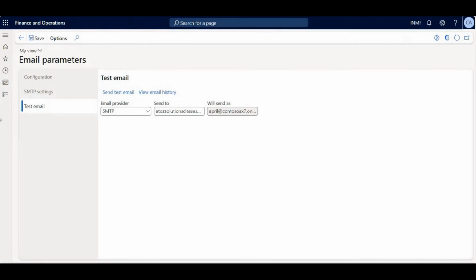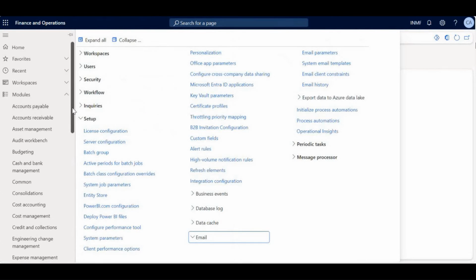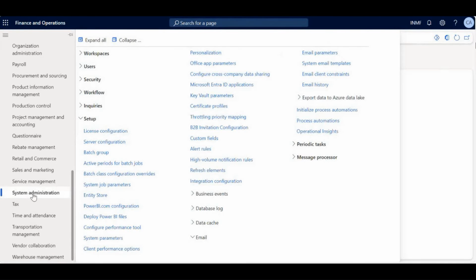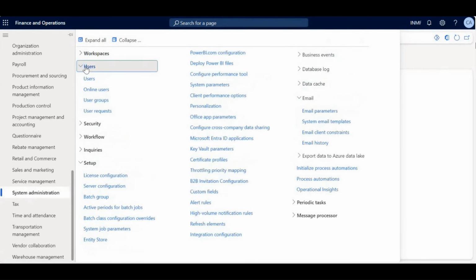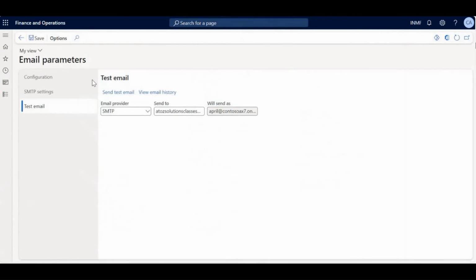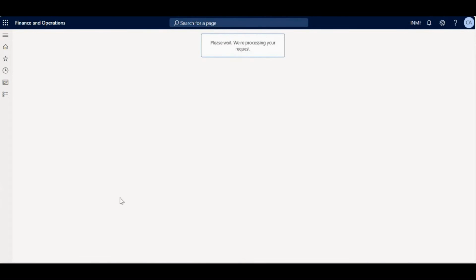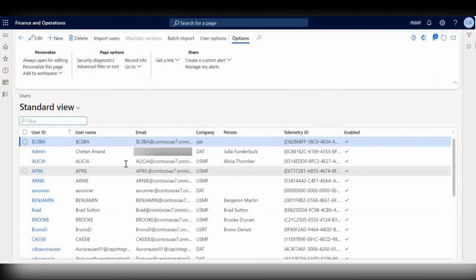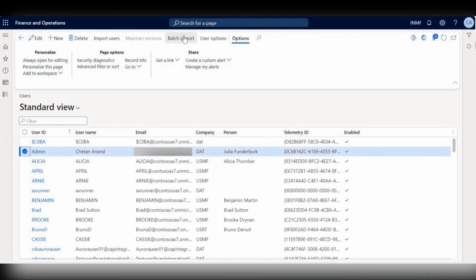If I go to my users, I have to click on System administration, then go to Users. If I click on Users, I'll reach the users page, as you can see. Right now I'm using a trial environment, so that's why it is showing me as an admin. Once I click on the admin and then on the user options,